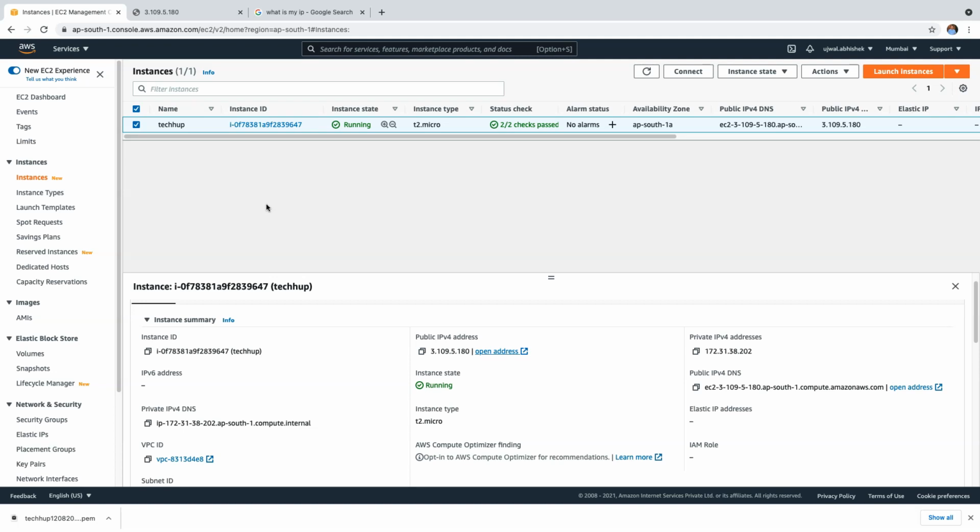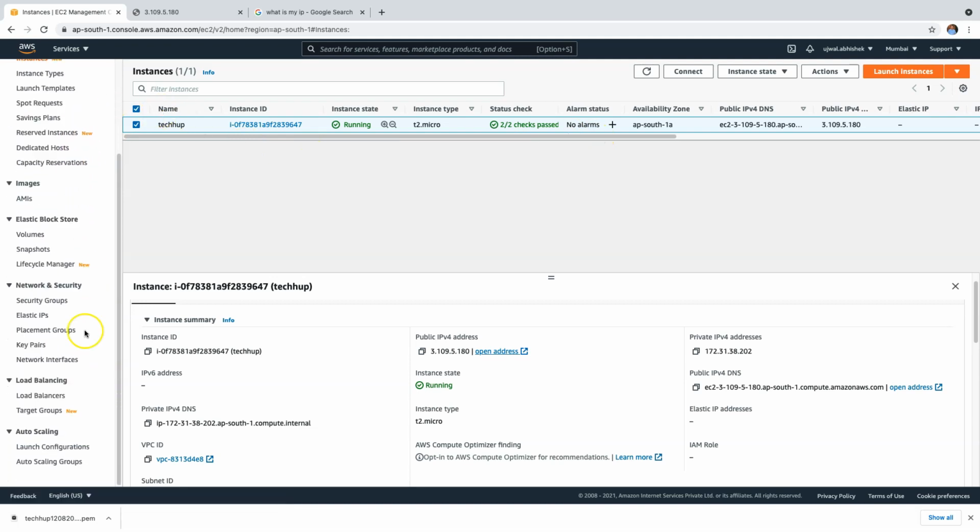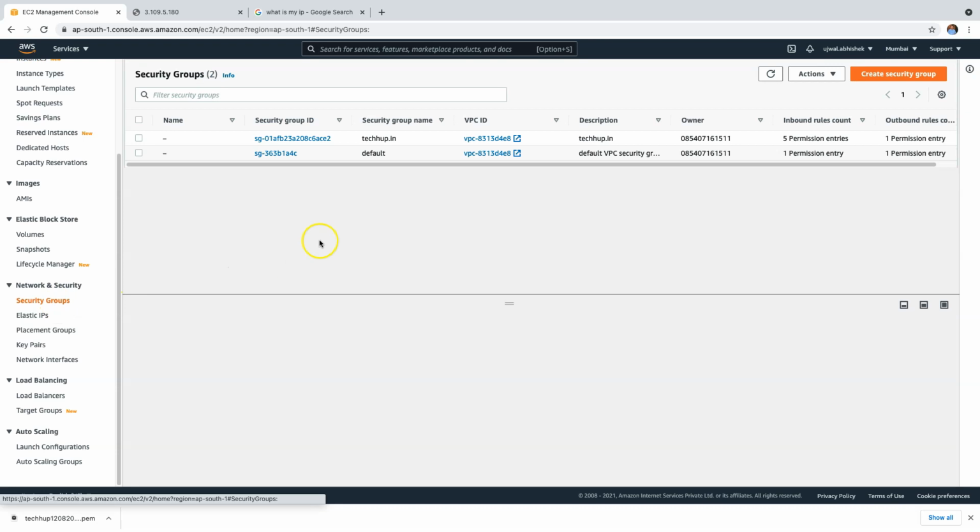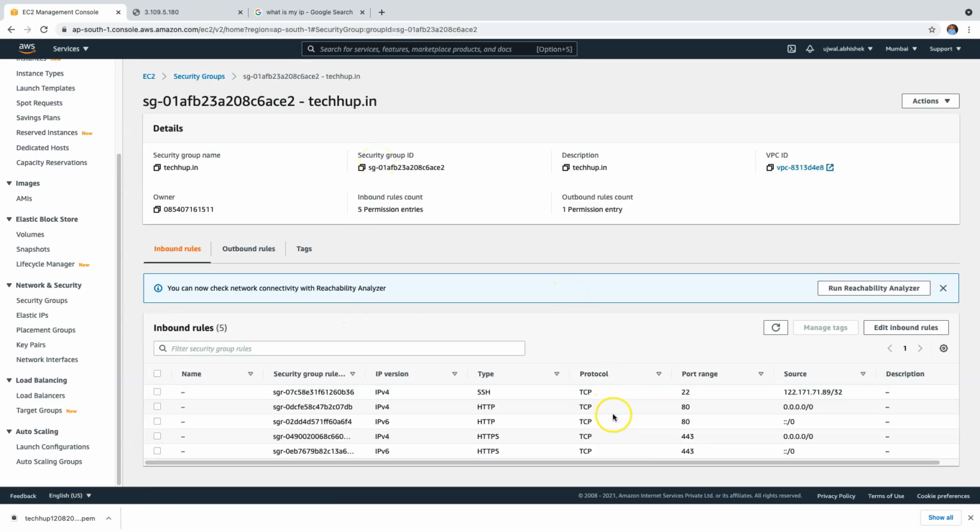But we have one problem here, as we identified during the security group configuration, that the IP is not configured correctly. So what we'll do is in the next step go to the security groups and modify the IP that was tagged against the inbound rule for SSH in the security group. So select the security group that was selected earlier, and you can see here that this is the IP that we need to change. So select this,